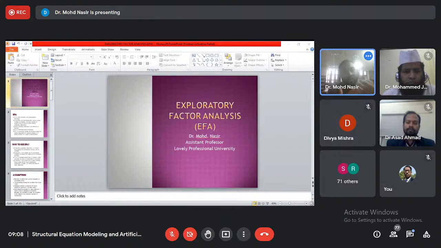Now these variables are presumed to be not very much related, or somewhat related, to each other. Okay, so we will discuss all these. Moving ahead, exploratory factor analysis examines the interrelationship among a large number of variables and then attempts to explain them. Due to the interrelationship among a large number of variables, it examines that relationship